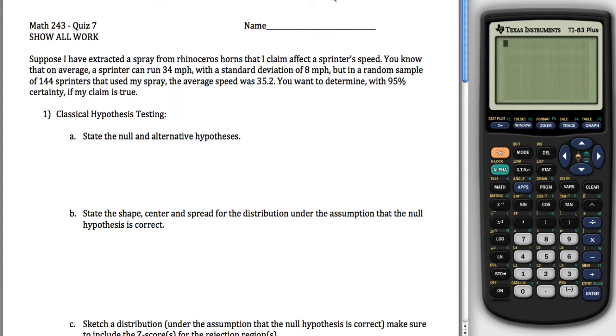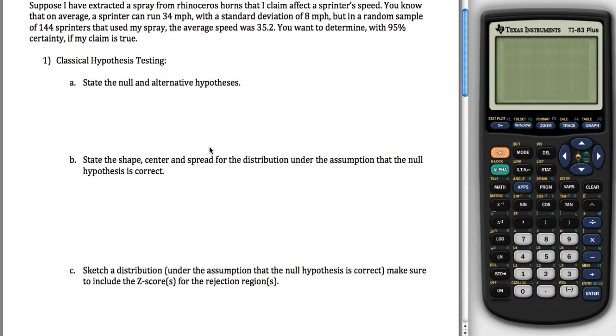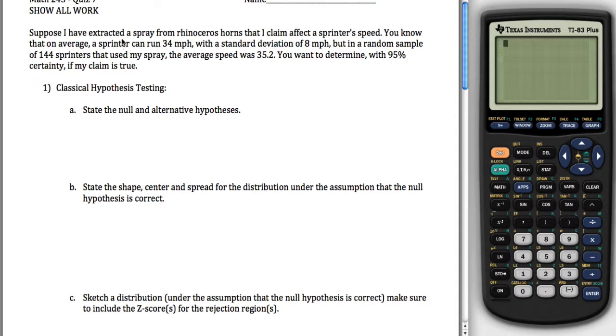Our solutions for quiz 7 for Math 243. What's going on here is we are doing hypothesis testing, specifically z-testing. So suppose I've extracted spray from rhinoceros horns that I claim affects a sprinter's speed. Affects will be huge here. Maybe I'll even underline it. Affects a sprinter's